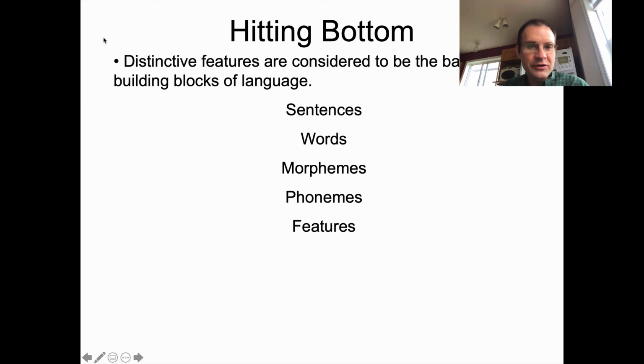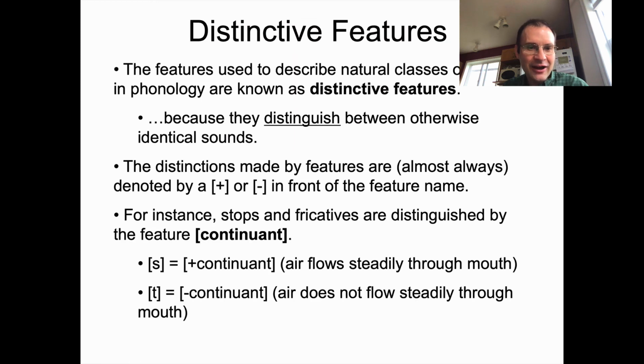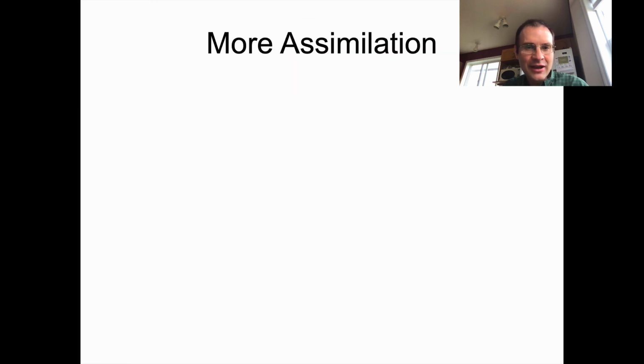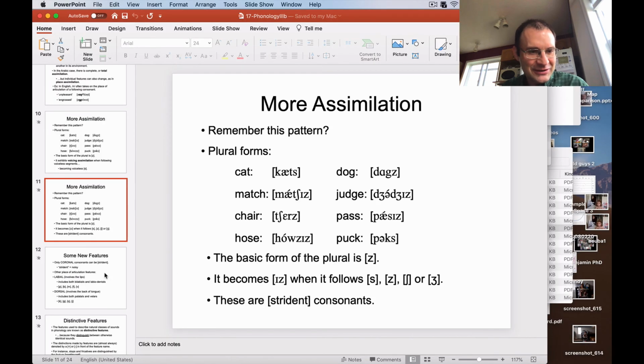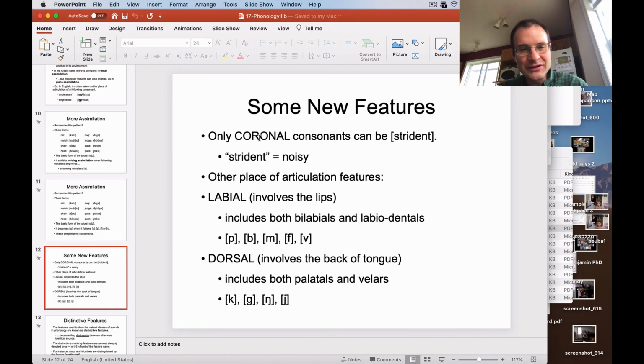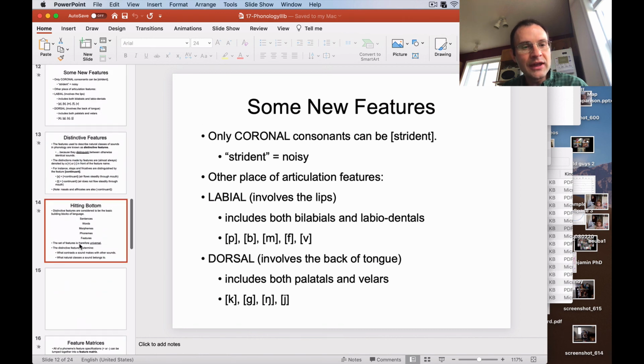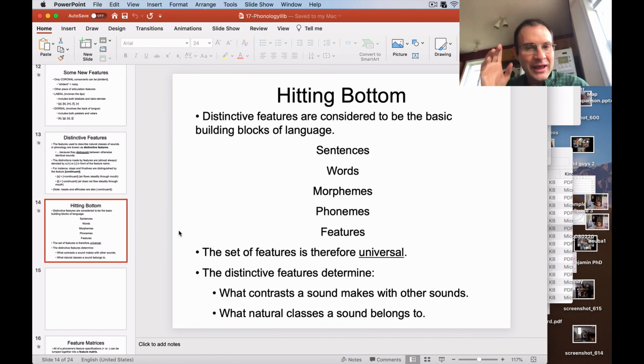So we have learned a few of these already going back. We got continuant, we got strident. And we got these three different place features: coronal, labial, dorsal, and so on. We're going to learn more. We'll save that for next time, but this is basically what features do, these two things. They determine how a sound distinguishes itself from other sounds, and they also determine how sounds group together. And that's why they're useful, and that's why we're going to have to learn a lot more about them next time. Okay, so that's it for now.